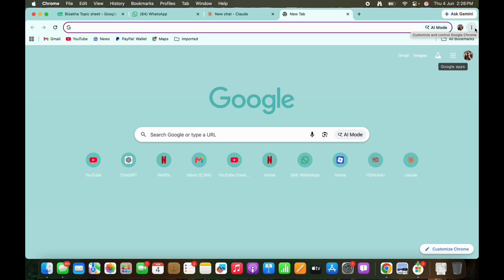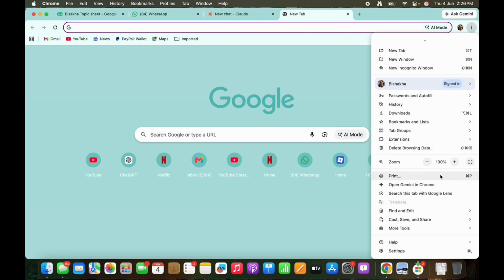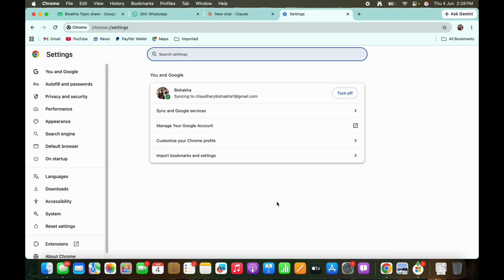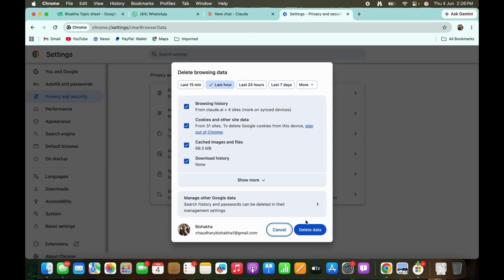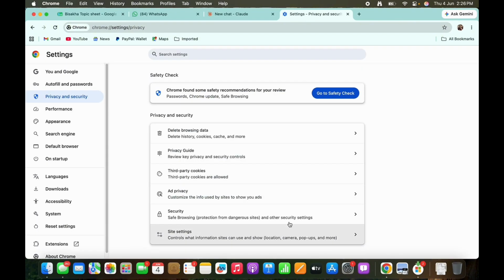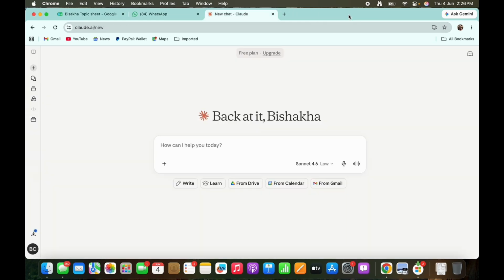and if your issue is not fixed yet, then in your browser again tap on the three dots on the top right of your screen and you will see the option for settings. Tap on the settings option you see there and here, tap on the privacy and security option and then tap on the delete browsing data option and delete your browsing data, as doing this will remove the cached files in Claude. See if that helps you in fixing your issue,